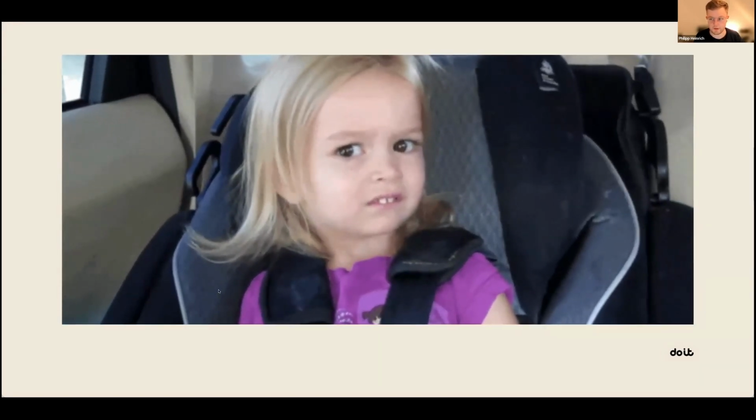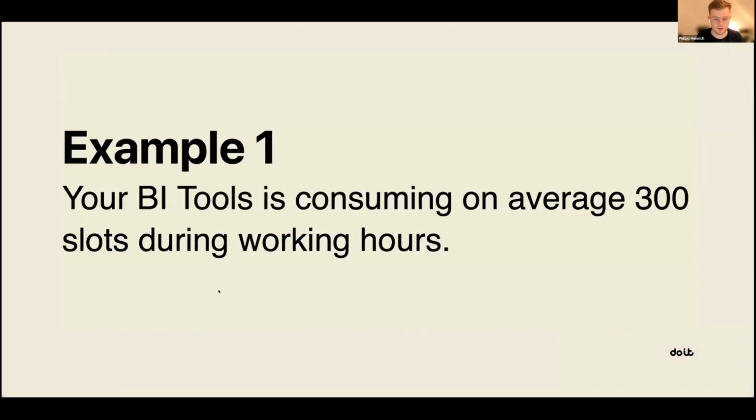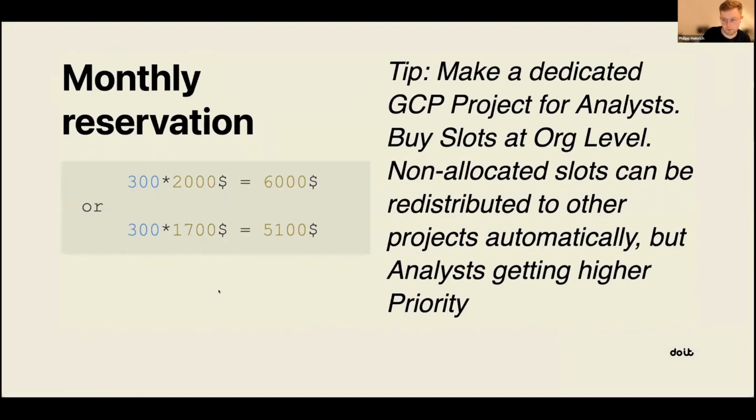This looks a little bit complex, not very easy. So let me just do a quick example here. The easiest example is we just offload all our BI engine or all our BI related queries to a dedicated reservation. So we don't have the spikes anymore in fluctuating costs, depending on how many queries are being written via the BI tool. If we put everything into a committed 300 slots during working hours, or if we put them onto a monthly commit here, this would actually get us into a 6,000